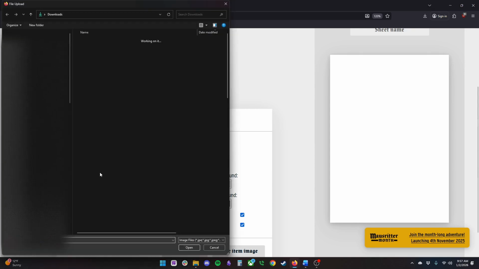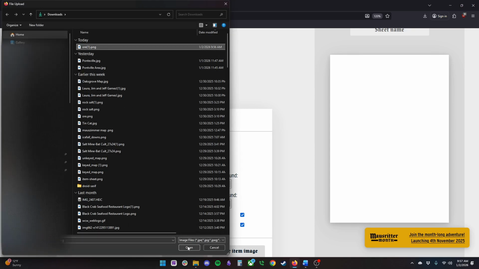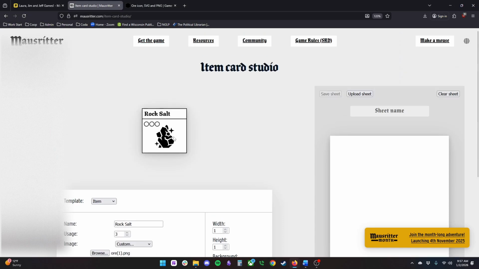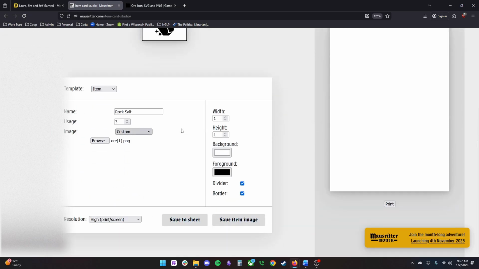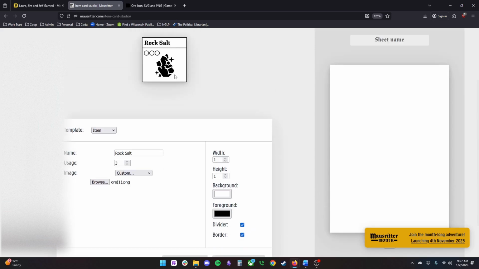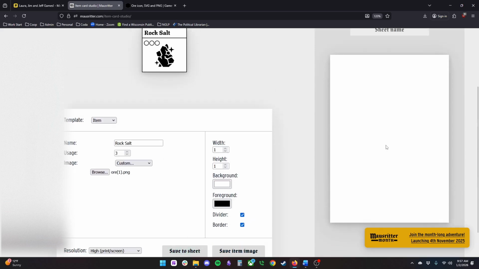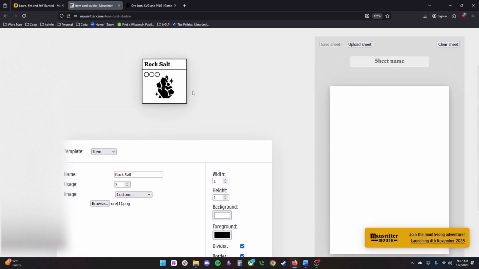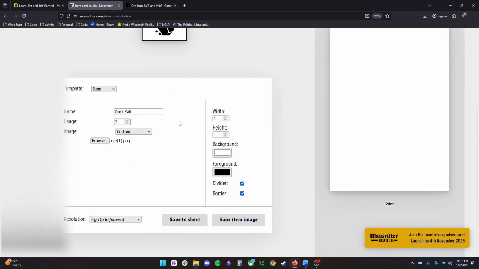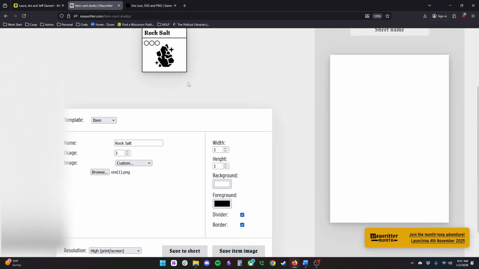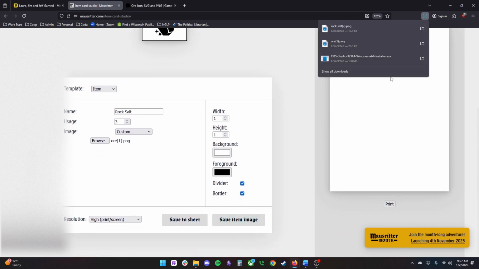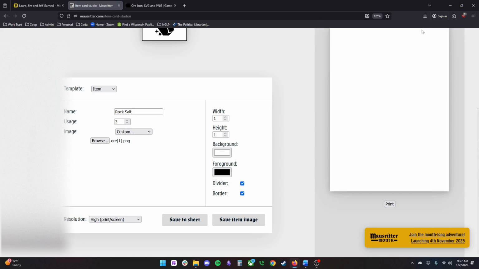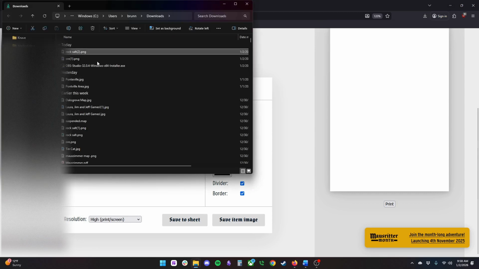Go to custom, go to browse, pick OR1, click open, and look at that. That looks fantastic, I think. So you can save this to a sheet, and then you can print a whole sheet of these if you're making item cards for physical games. But I just need it in a digital format, so I'm just going to save item image there. And you can see it saves it as rock salt there, also in my downloads folder. Okay, so